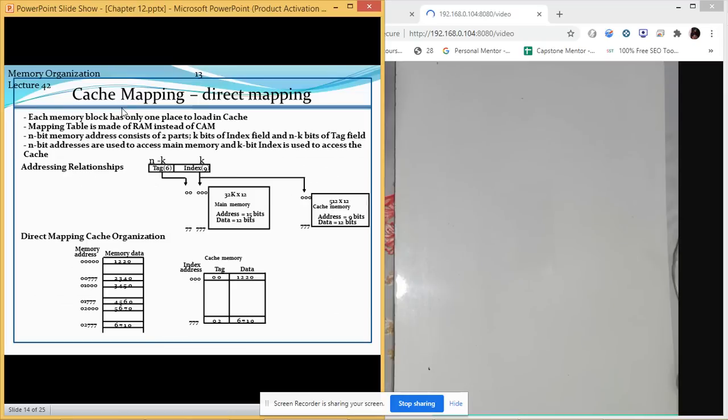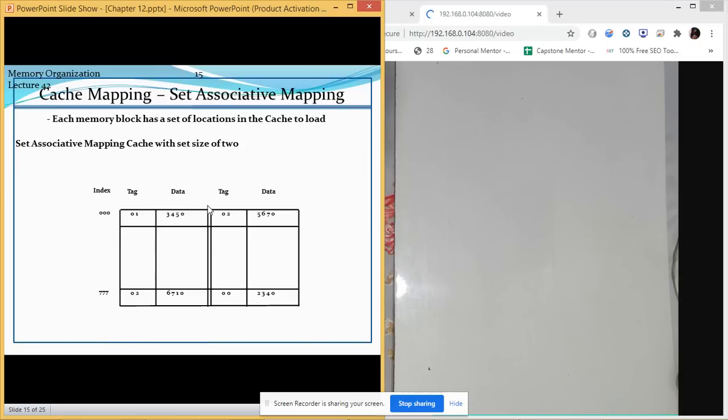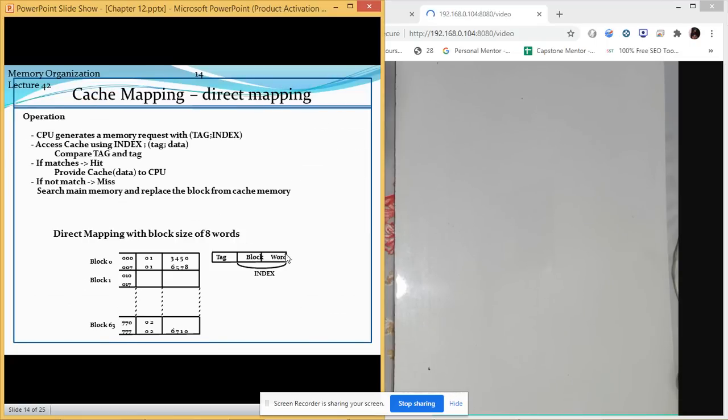In yesterday's class, we studied cache mapping. Now, in this type of cache mapping, we are assuming that inside our memory and inside our cache, we have one word in one block of a memory. Like in main memory, we are only storing 12 bits. Now, when we have a larger memory, with more words stored inside it, then we don't directly call them words. Then we divide our memory into blocks.